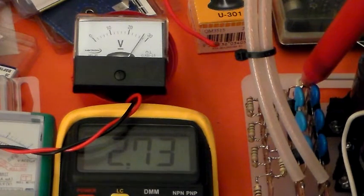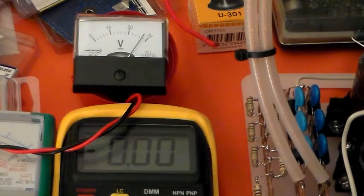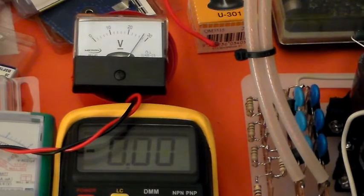2730 volts, 2.73. Remember that's times 1000, 2730 volts. So the difference between 2730 volts and 2770 volts is pretty negligible, but those resistors do have to be switched out, because once the power supply is loaded up,